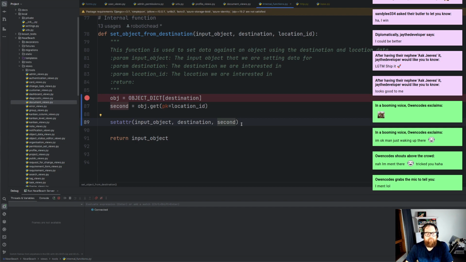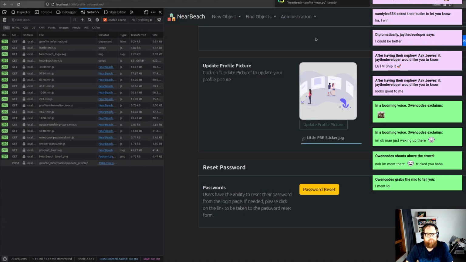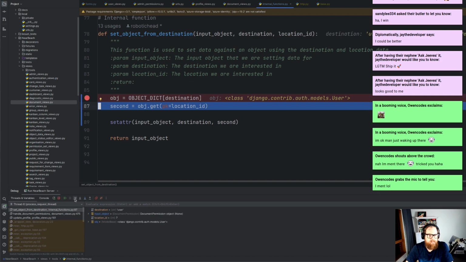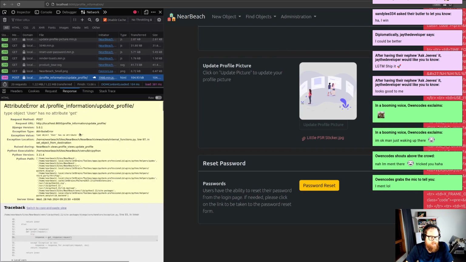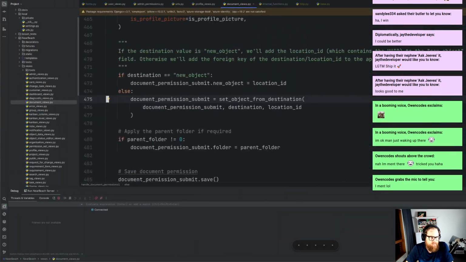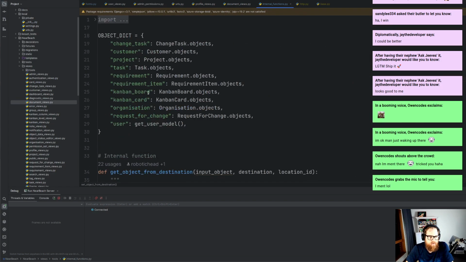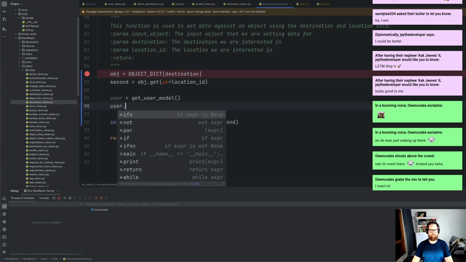So hopefully it's going to play. We can skip that. We can play. So object, yeah, it doesn't like that at all. Type object user has no attribute get. Okay, not a problem. We can still play around with this. So we know what this object destination is. We know it's going to be get user model. So we're just going to copy that. And we're going to go user equals get user model. User dot